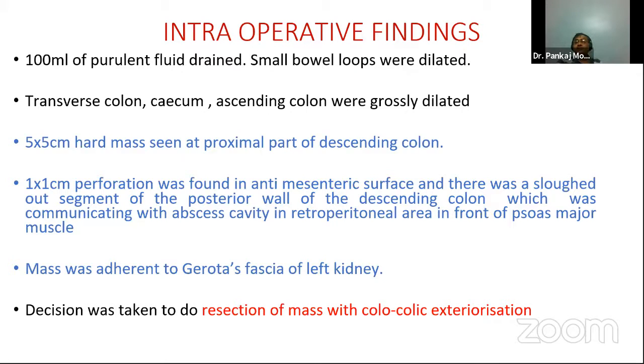If the rectum is free, then it is better to do Hartmann's. If the rectum is diseased or the sigmoid is also diseased, then it is better to take it out as a mucus fistula. Whether the distal colon is healthy or diseased matters. If it is diseased, it is better to take it out as a mucus fistula or distal stoma. We call it a mucus fistula rather than a stoma. We can bring it together or at different places. So that is one more option.